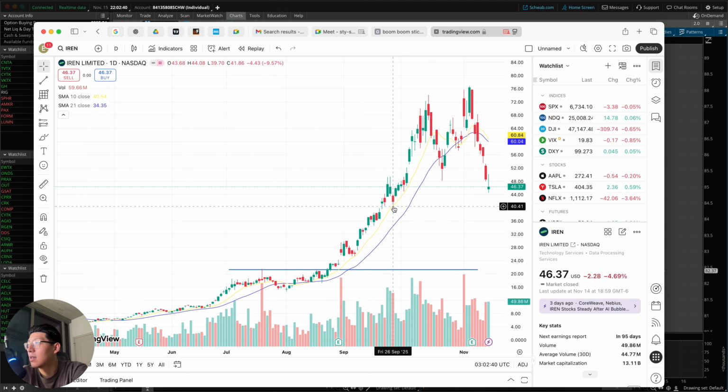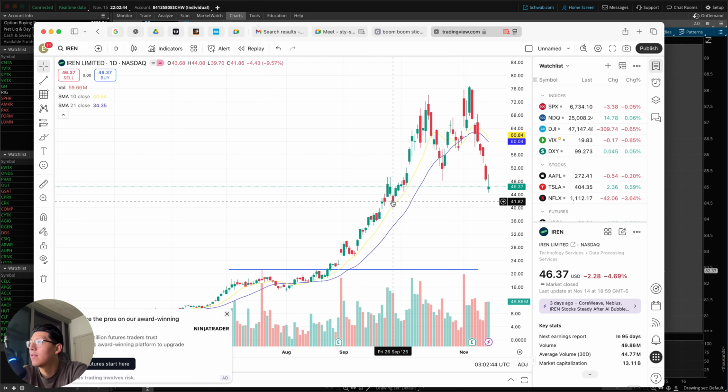Hammer candle on the 10 SMA, and then what? Put your stop loss all the way at the low of the day, and then it shoots back up. And then I finally just completely sold everything on this candle right here because we finally broke the 10 SMA, and I said, okay, you know what? This is it. That is it. Because look, after that, even if it recovers, which, bro, long term is always gonna go down, always.